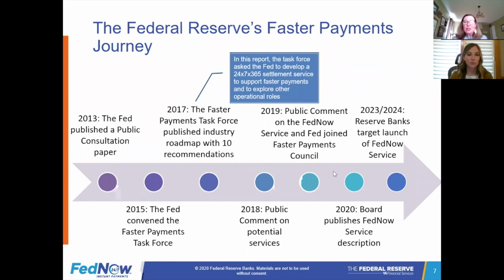So in response to the feedback to the public consultation paper, we were able to author our original Strategies for Improving the U.S. Payment System paper, and we affectionately call that our SIPS paper. And that was really a call to action to the industry. It identified 5 desired outcomes for the U.S. payment system around speed, security, efficiency, international payments, and that was all underpinned by industry collaboration.